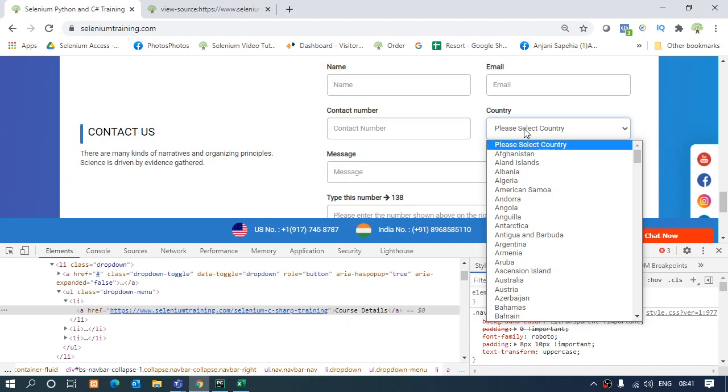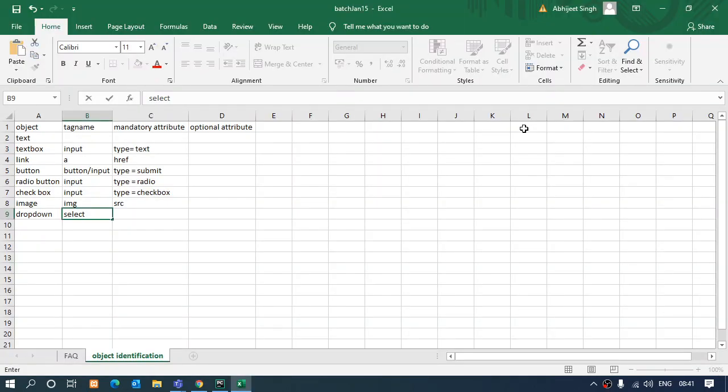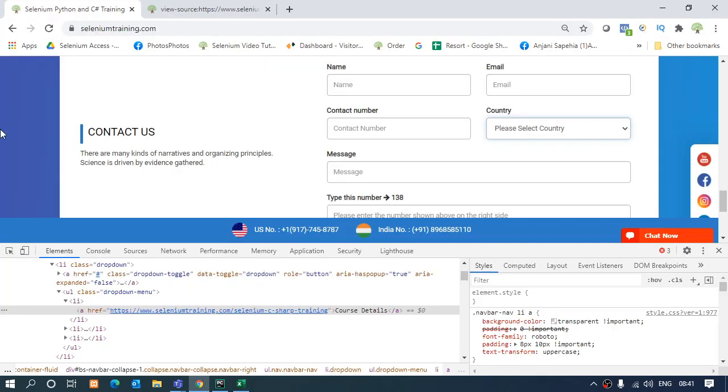Okay, since the select tag is specifically for drop downs, it does not require any mandatory attribute, so it is not applicable over here. Then comes up text. Now text is very dynamic. When I say dynamic, you can use any tag for the text on the page, right? Like this is contact us. This is a static text. It's not being clicked anywhere. This is not a button. This is not an image. Nothing. It's just a text.